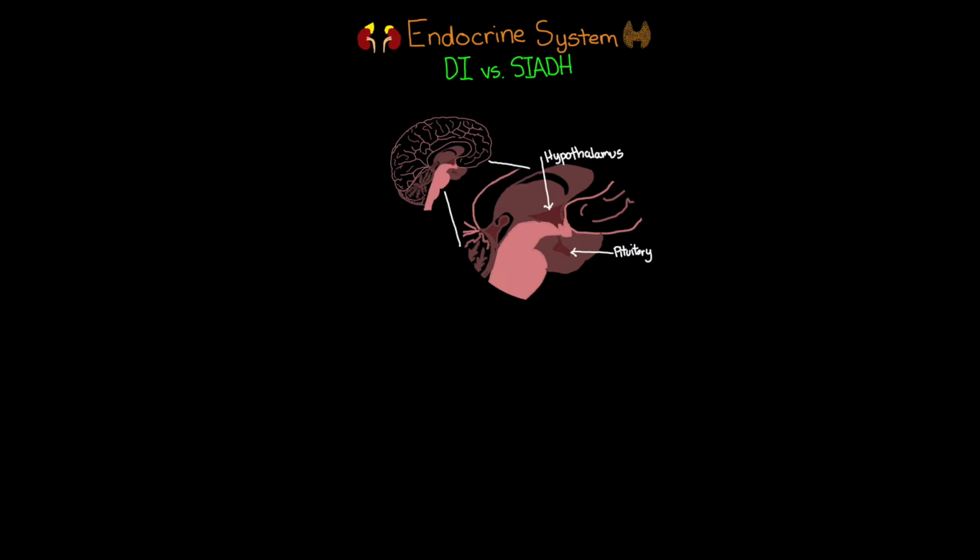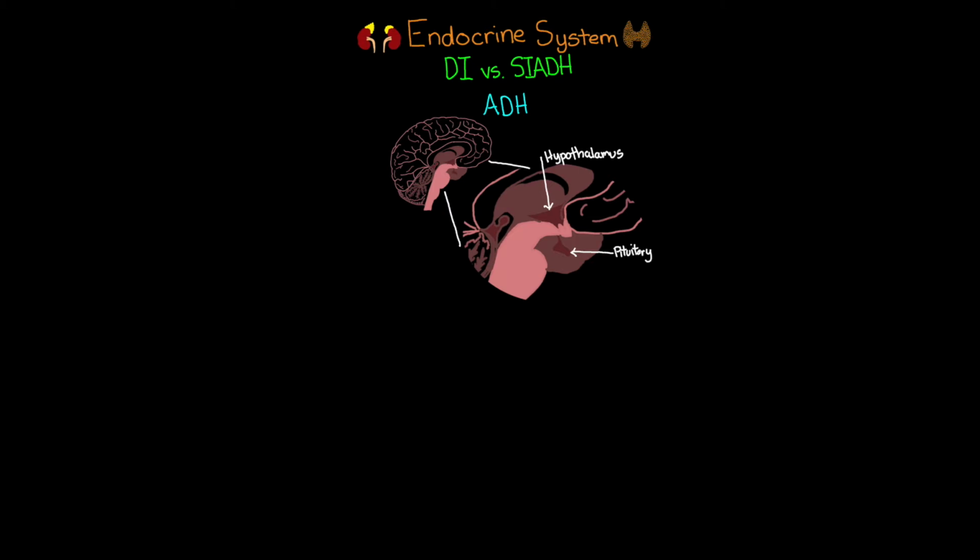Alright, so like I said, in this lesson, we're going to be talking about the differences between DI and SIADH. And so in order to understand both of these, you need to understand that they're both disorders that have to do with our antidiuretic hormone. And we'll get into what exactly is going on with each of these related to the antidiuretic hormone, but it's important to know that these are the two most common disorders of ADH that you're going to see within the ICU. So before we begin talking about these two, let's start out and talk about the pathophysiology of